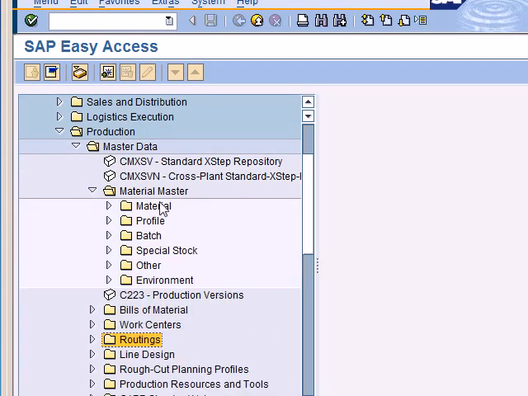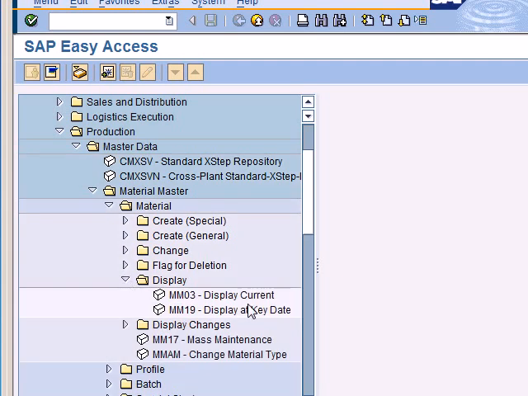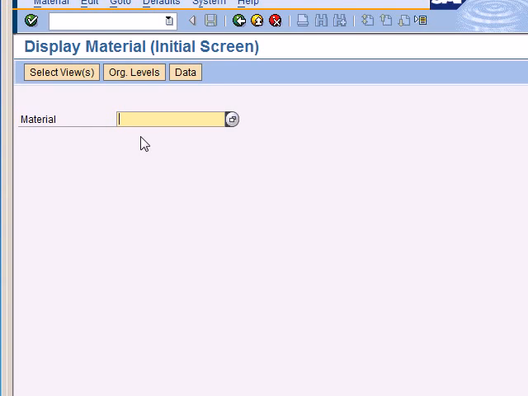So if I open my material master and I want to display an already existing material, I can display it as it stands today, or I can display it at a key date. What this basically means is that I can plan for changing the material in the future, and that's what this enables me to see, a future dated planned change. So we'll simply display it for the current period, and I have a material here which is TF111,